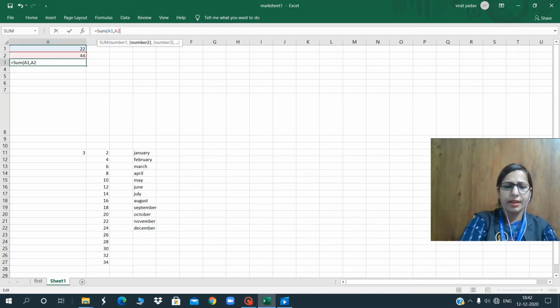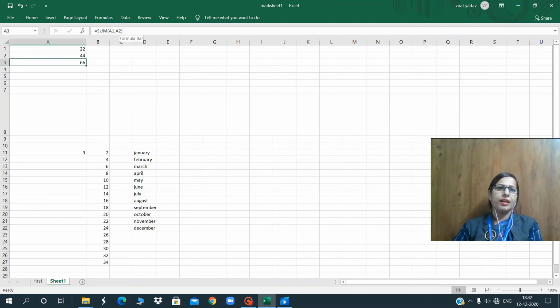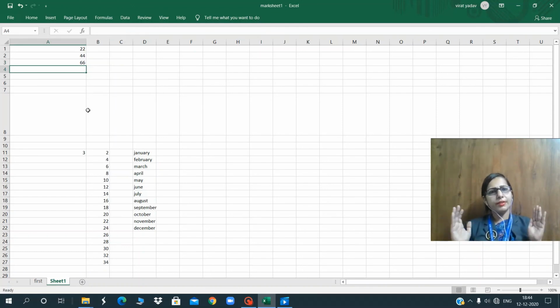Okay, and press the enter key. You can see. So I have already given you two examples of how we can add the two numbers entered in these two cells. Okay, it's very simple. So try this.